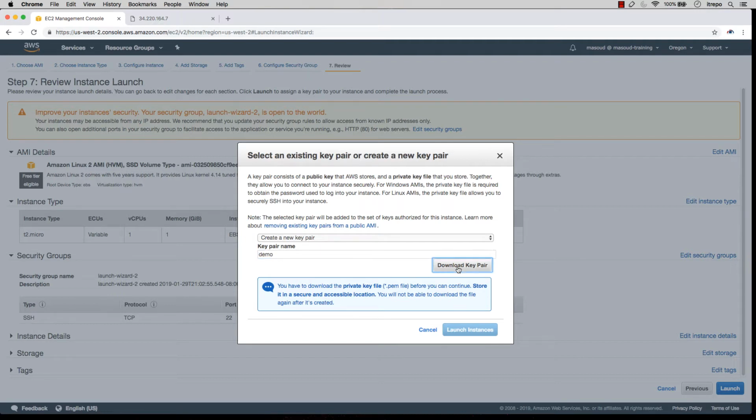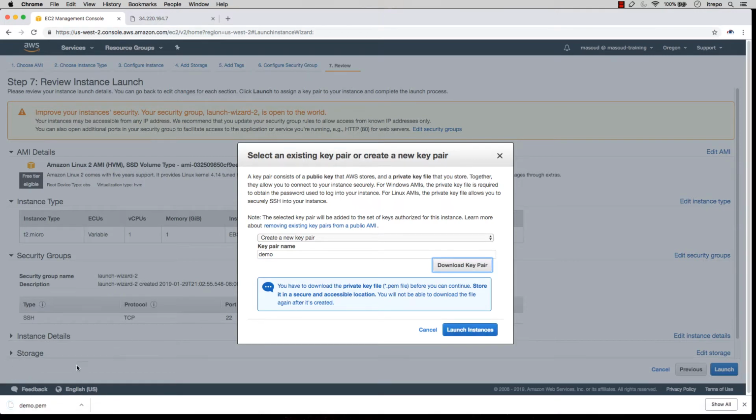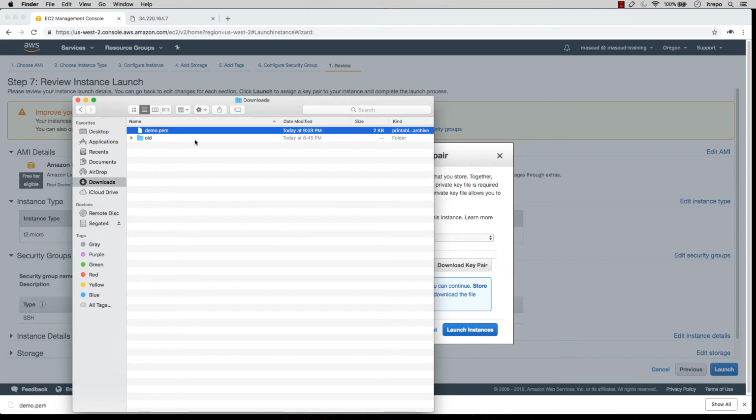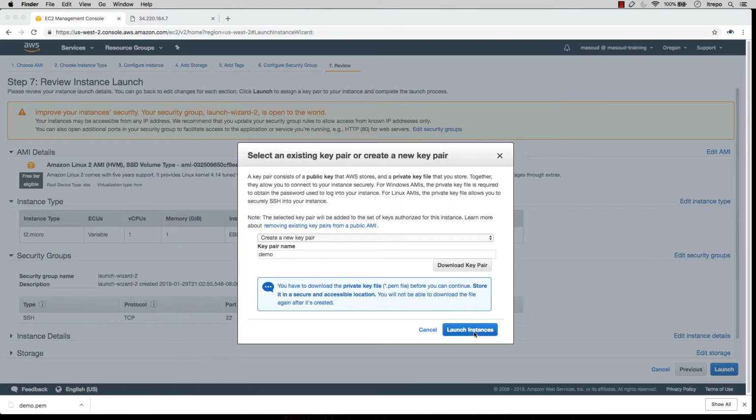If I click download Keypair, then it's going to download a file called demo.pem. You can see it down here at the bottom left side of the browser. It is actually on my computer right now. It's downloaded this file to my download directory. If I go to my download directory, we can see that this demo file is now here. And if I click launch instance, it's going to launch the instance and use this key pair for the